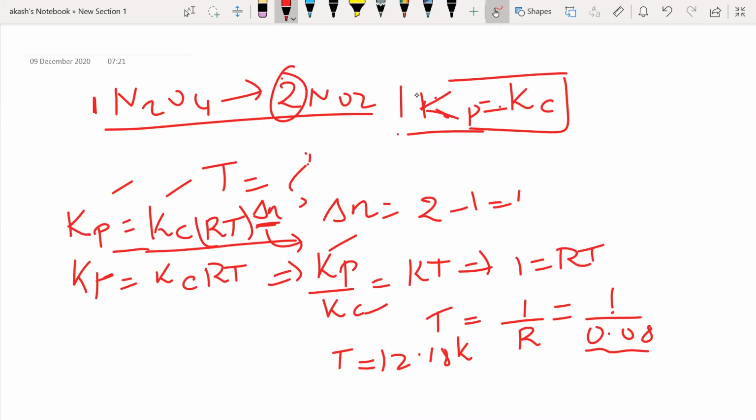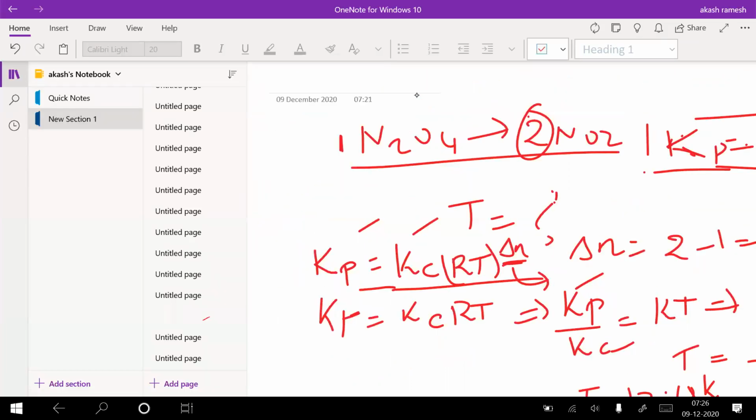Right, so this is the second question. I think everybody understood. It's pretty easy. I just substituted the values. I have to remember the R value to be 0.0821. You need to know what delta N is, and the connecting equation. That's it. There's nothing else in this question. Okay, moving on to the next question.